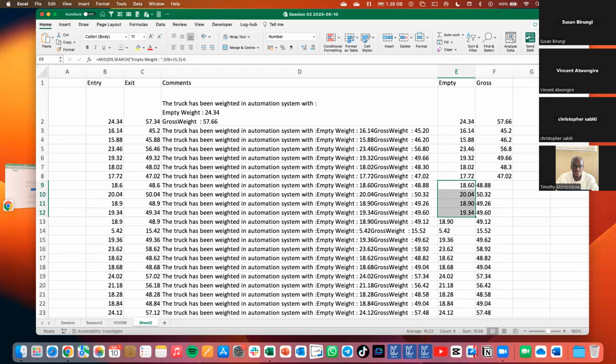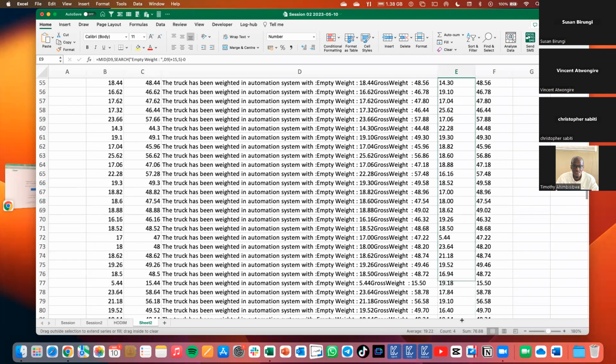So there are a lot of things we do in cleaning. It is all mastering and practice. You get data, you can't have a report run from that data because you have not cleaned it. So these are the steps we take in cleaning. So here we go. You can go ahead and use the same trick to run it down to the other side,